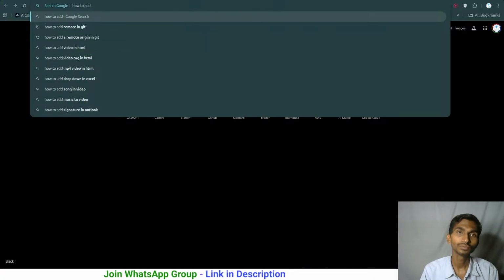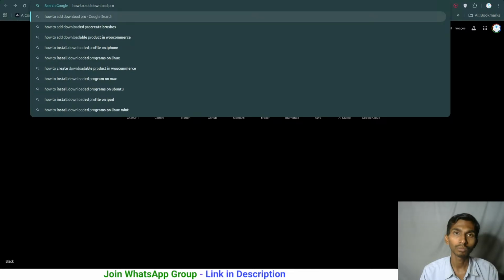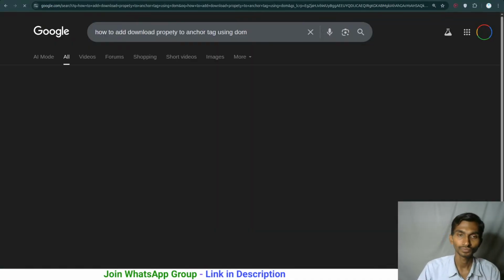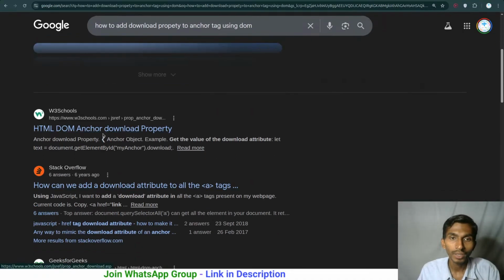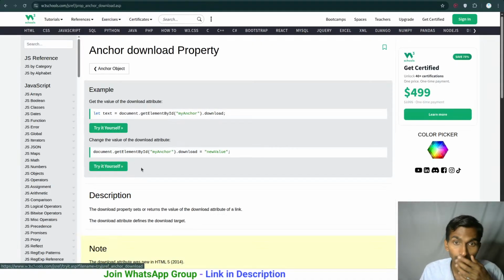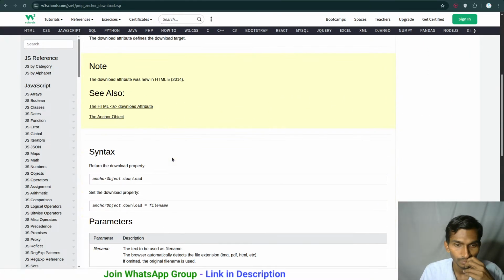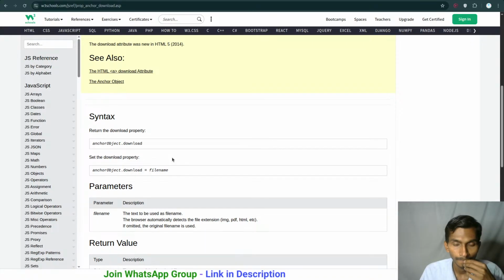How to add download property to anchor tag using DOM. DOM anchor tag download property. Let's simply click on this. Document anchor download. Set the download property.